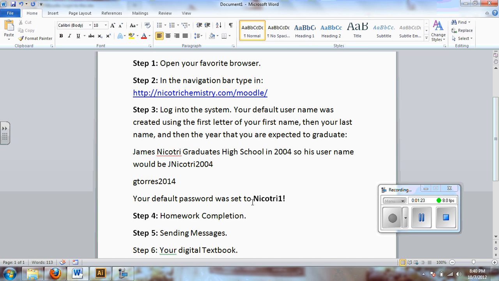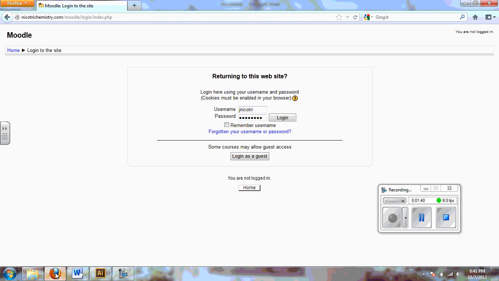Everybody's password was set by default to Nicotri1 exclamation point. Make sure that the first N is capital. That's the number 1 at the end after my last name, and the exclamation point. It just wants to make sure that your password is very secure. So after you log in to NicotriChemistry.com,